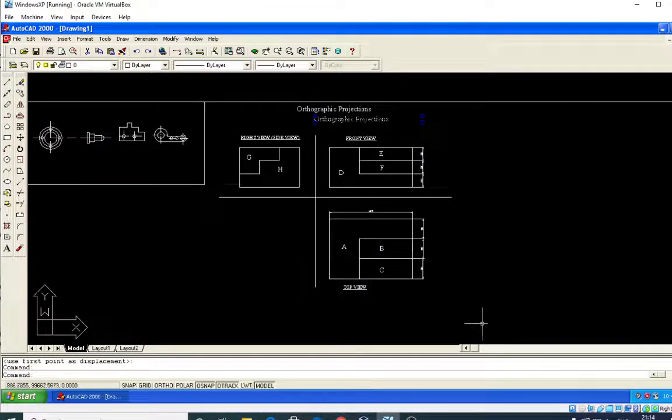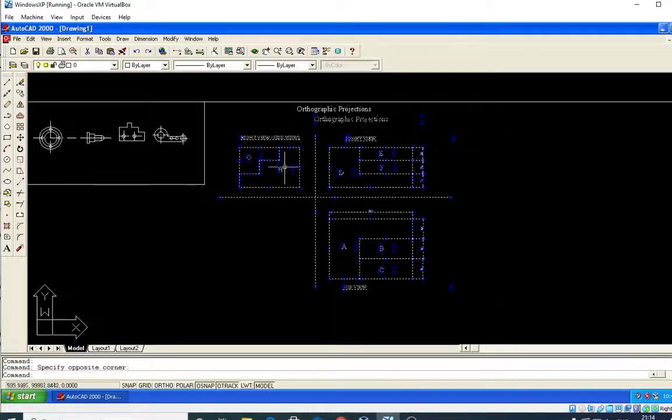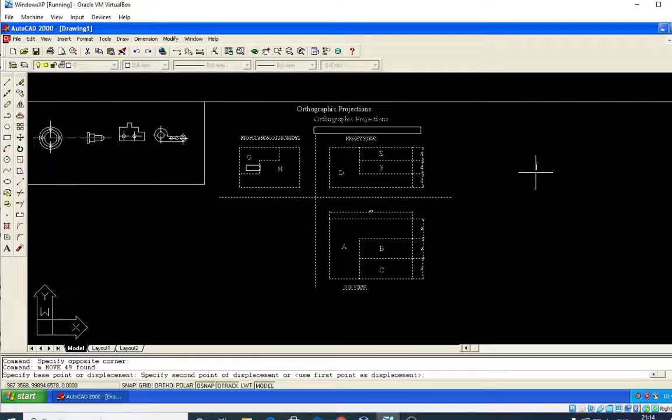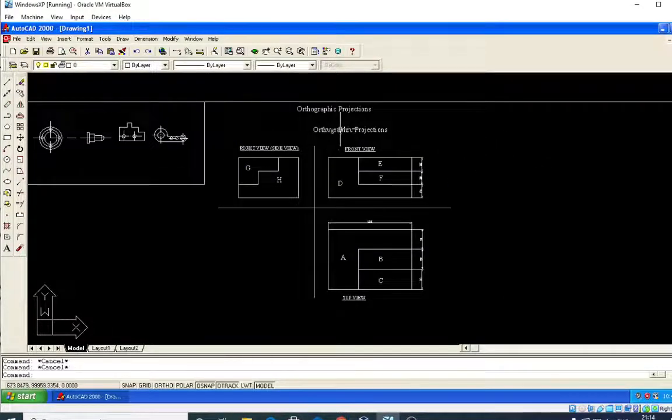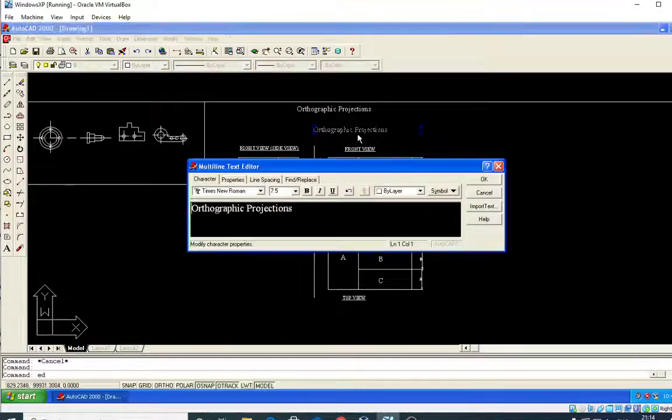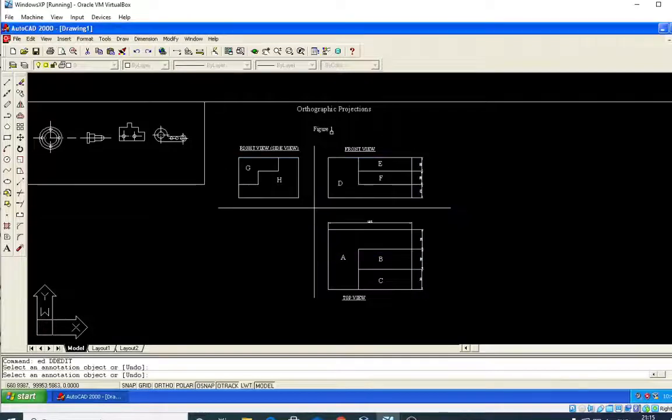Everything should be moved down because it is figure 1. I will edit it, select figure 1. I have selected this. I will make it font size 5, or otherwise I will make it 6. So now it is ready.